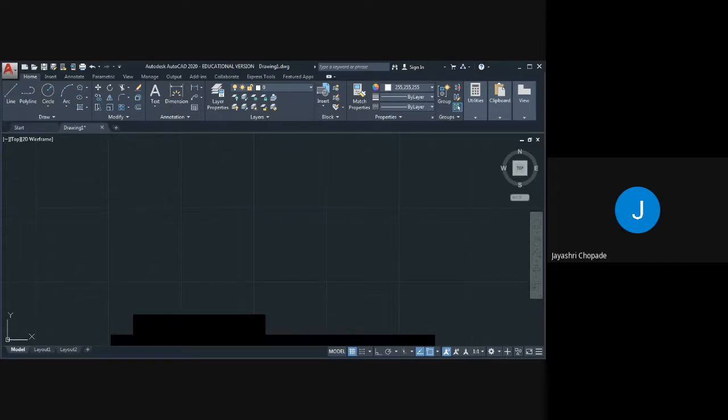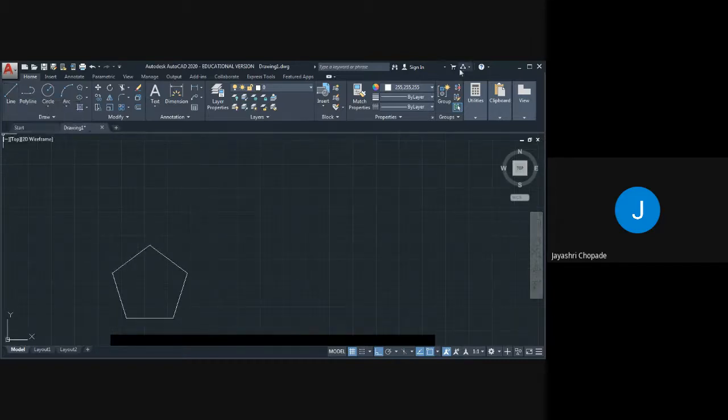Now give the first point of the polygon. So this is the first point of polygon, and here we can extend the line. So the edge is given, that is 25. So give the 25 distance from the keyboard and press enter. So here we can draw pentagon of having side 25 mm, and this is the top view. Now we will draw front view.